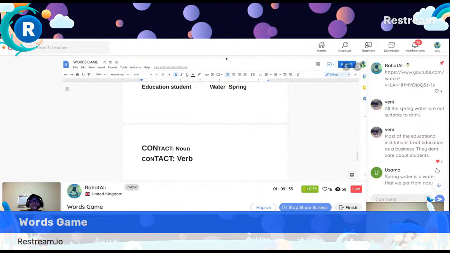Okay, so one important rule, guys. You see, contact, it can be used as a noun and also can be used as a verb. Contact. So remember that when you stress from the higher to lower, or rising intonation to falling intonation, that time it is a noun like contact. Con is higher, tact is down. When it is lower to higher, or fall to rise intonation, that time it becomes verb, contact.